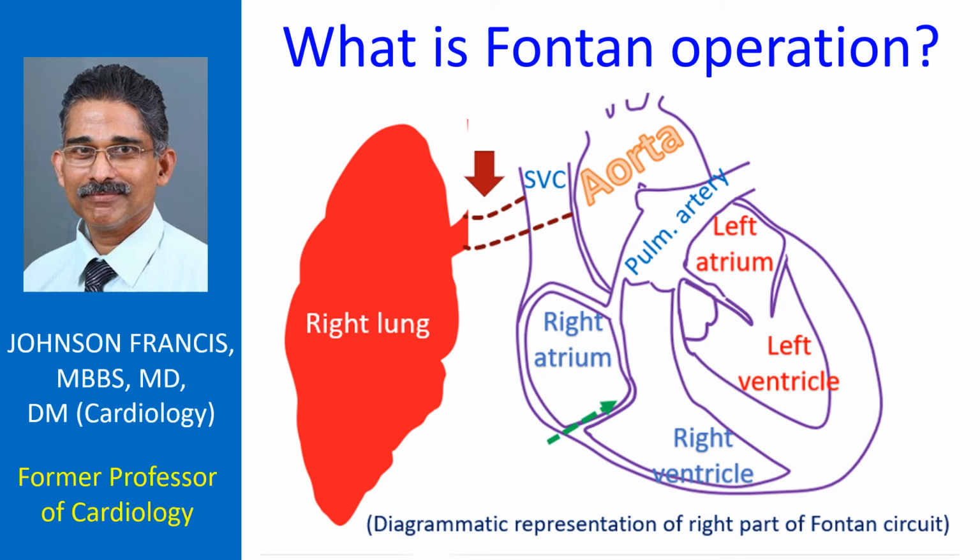Fontan operation is an operation used for treatment of certain birth defects of the heart like tricuspid atresia. In tricuspid atresia, there is no opening for the tricuspid valve. Tricuspid valve is the valve between the right upper and lower chambers of the heart. It guards the opening from the right atrium to the right ventricle and prevents backflow of blood when the right